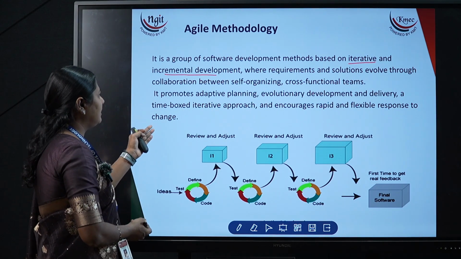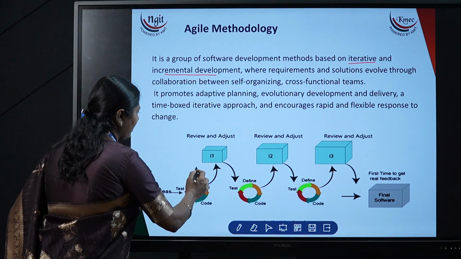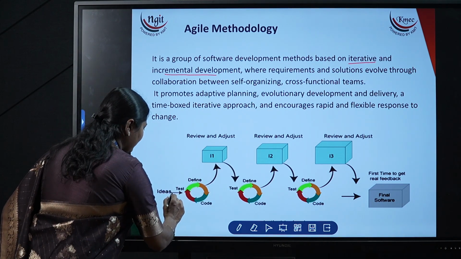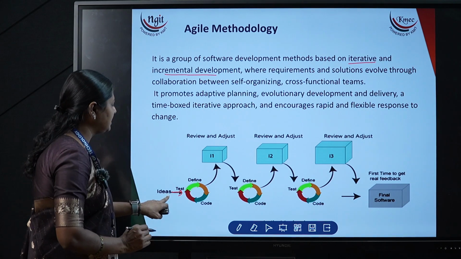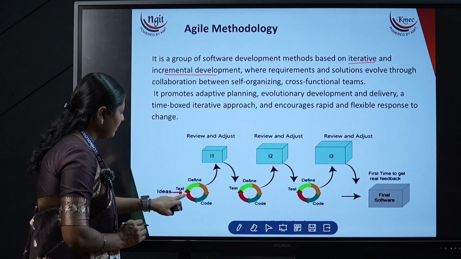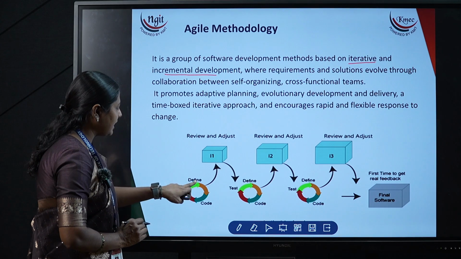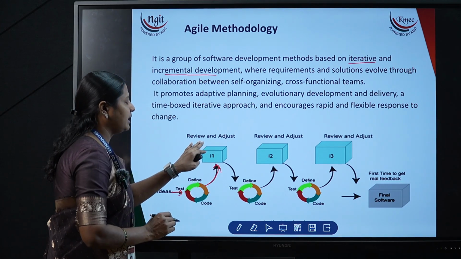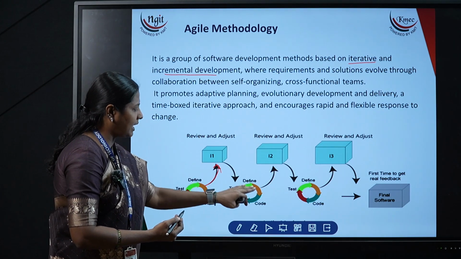This is an example of how the agile methodology works. Whatever inputs you take, based on those ideas you develop the code, then it is tested, defined, and reviewed, taking reviews from the end user, and adjusted, and the cycle takes place again.